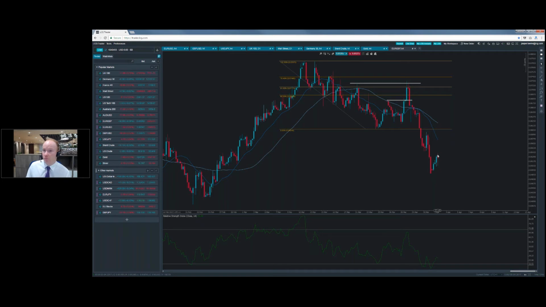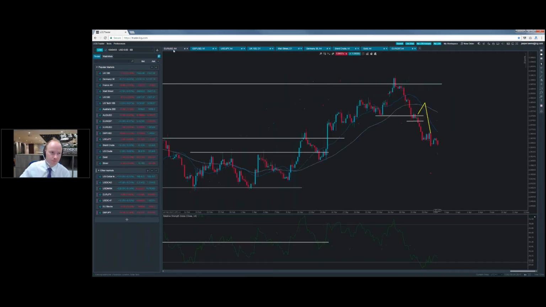Obviously been talk of going to war with Spain over Gibraltar and the likes. Not particularly supportive of sentiment towards the UK, but I would say just a little blip. Obviously the markets in the context of this decline, just a little bit of profit taking really in the pound. So I'm going to go back to the euro.